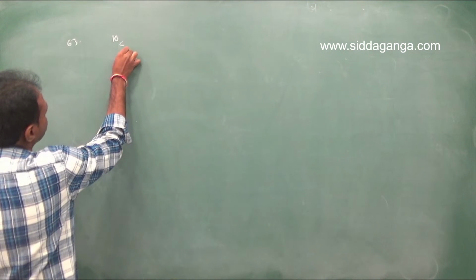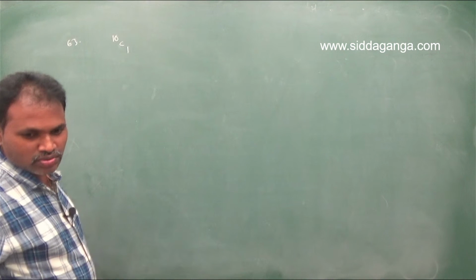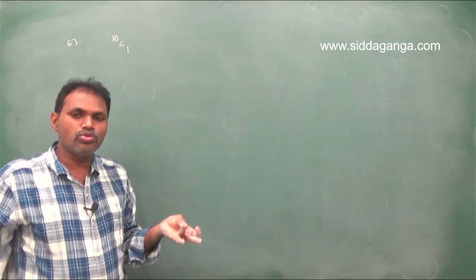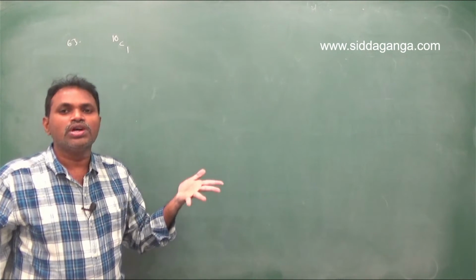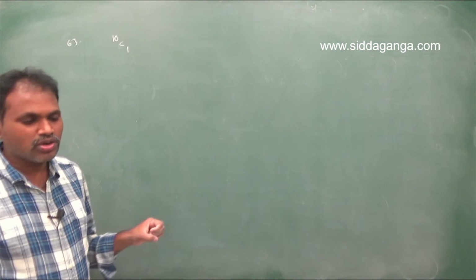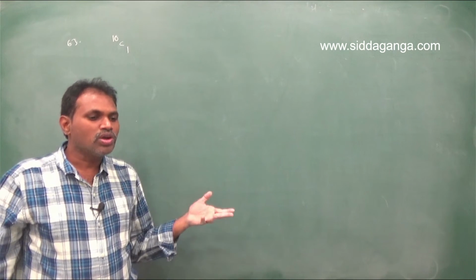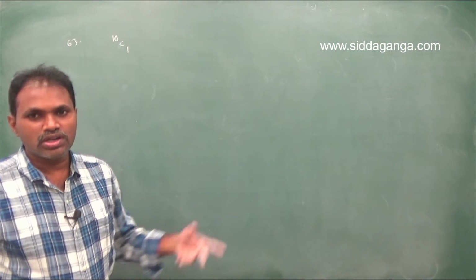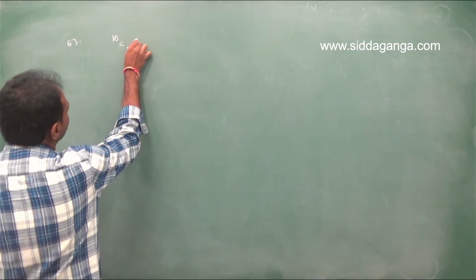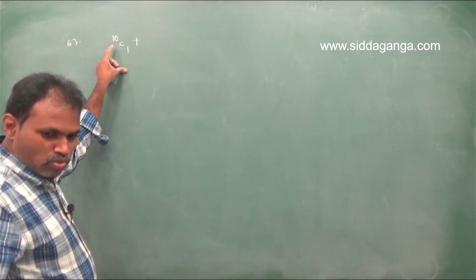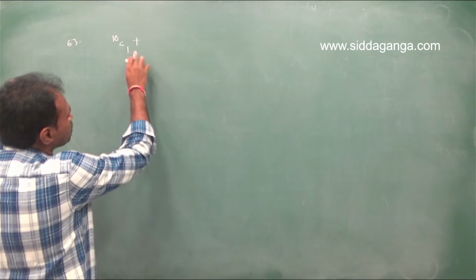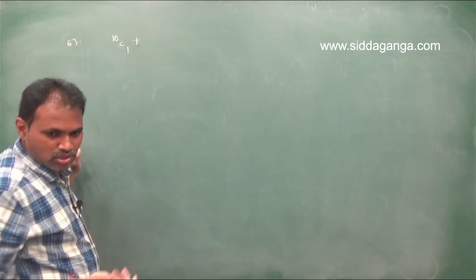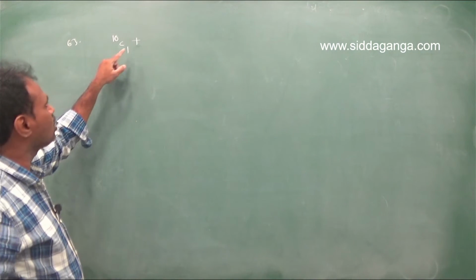Therefore, from 10 questions, I am selecting one question first. One question you can select, two questions you can select, three questions up to 10 questions you can select. Total 10 questions are there. You can select one or more than one. Means one question or two questions or three questions up to 10 questions. Therefore, first I selected one question: 10C1. R means plus, and means into. Now one question if you select, 10C1, plus.